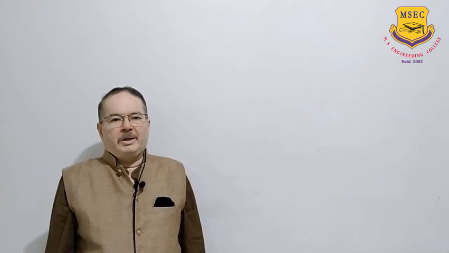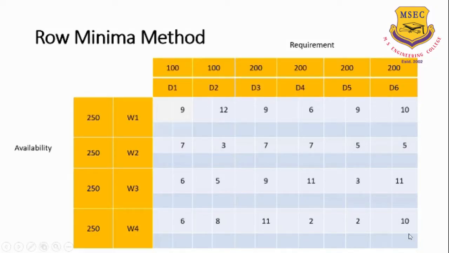I extend a warm welcome to you for a discussion on the transportation problem, finding out the basic feasible solution using the row minima method. Let's consider a simple transportation problem in which the materials or the goods have to be transported from different warehouses to different destinations. Let's consider the warehouses W1, W2, W3, W4 with 250 units of availabilities at these points,